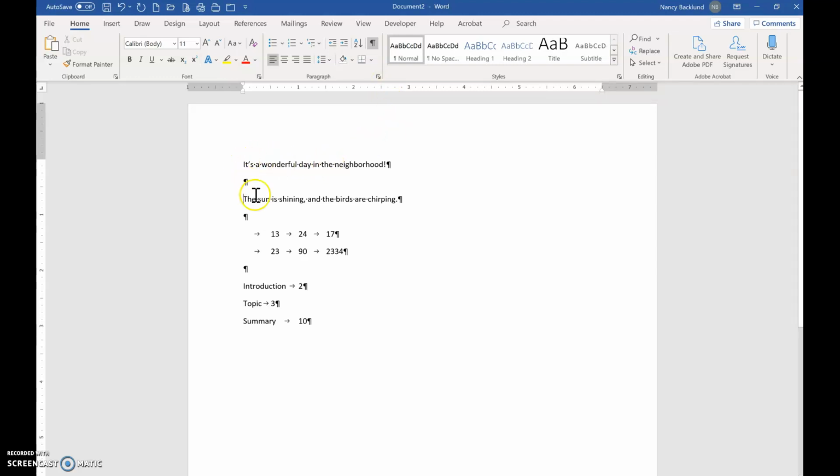Now, note that I've got a lot of text here. I'm just going to talk you through a few settings so that you can understand the differences. One of the things that always confuses students is they say, but I set a tab. The problem with tabs is that it will only go into effect for the line in which your cursor is placed. So notice that my cursor is blinking here on the first line,